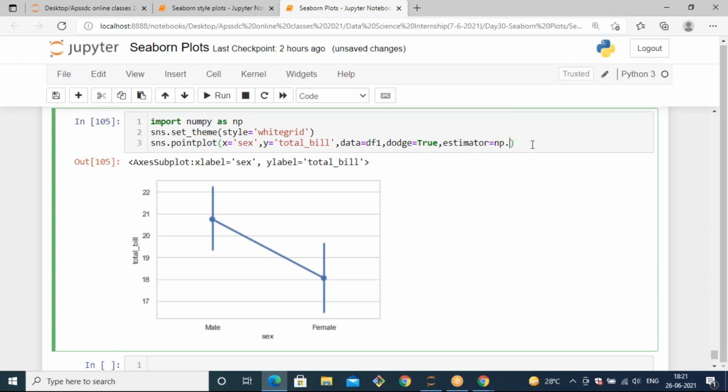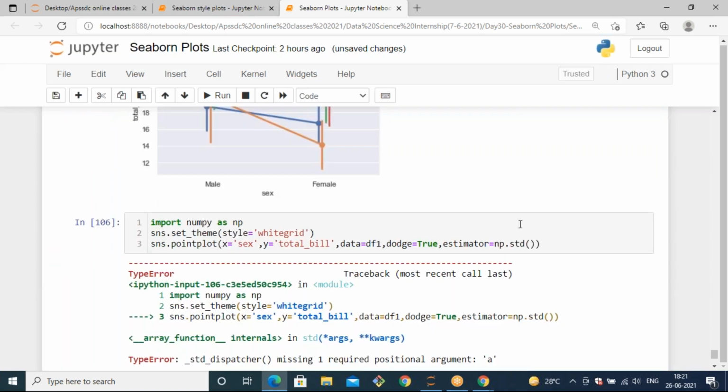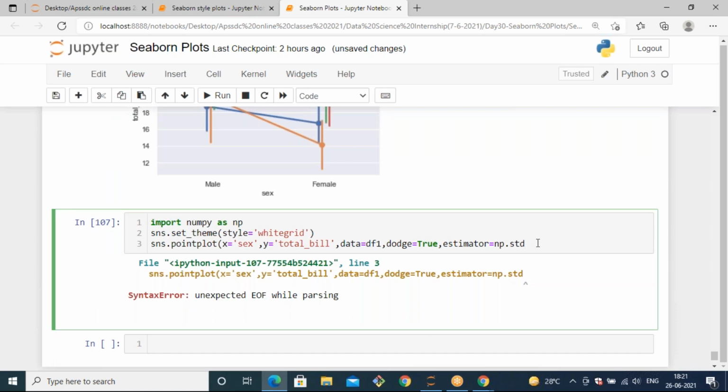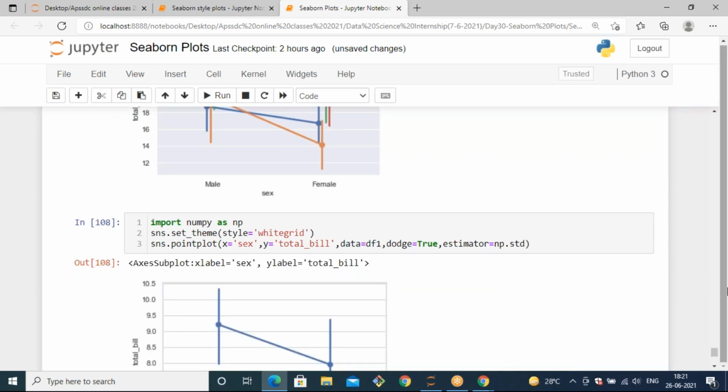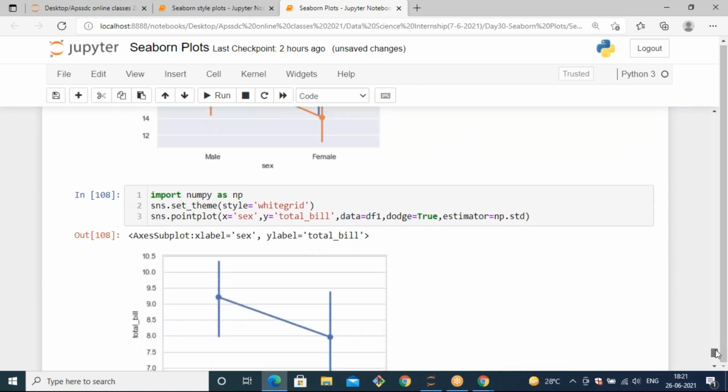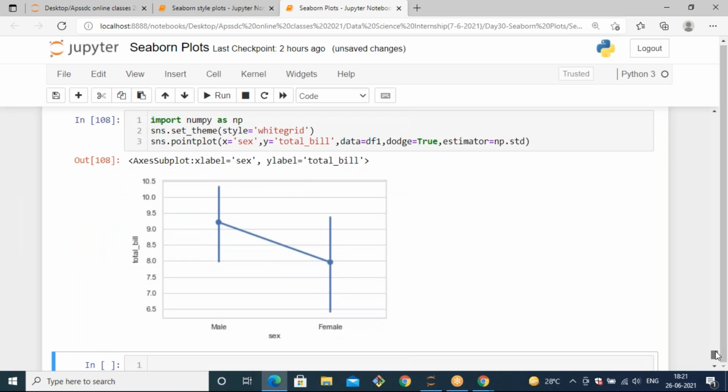If I make it std, with no parentheses, now you can see the standard deviation mostly varies from 6 to 10.5. Based on the standard deviation, the point plot will show the intervals.